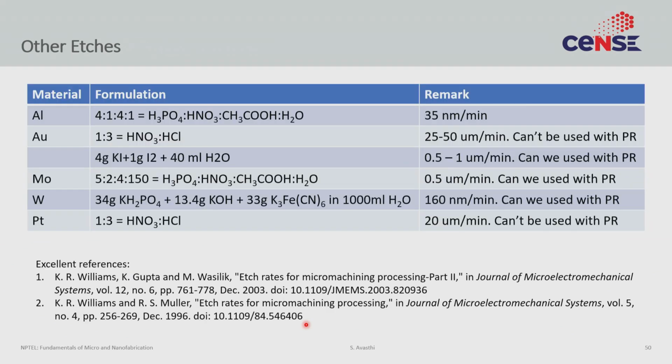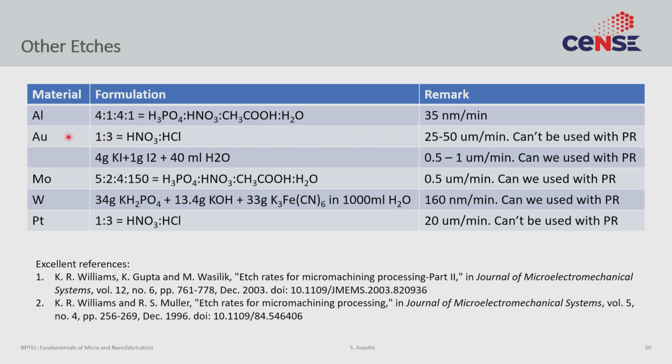Finally, some metal etches. So this is another very important part. Wet etches are often used to etch metals. By and large, you are just using either an oxidant or an acid to etch a metal. So for example, for aluminum, the common etchant is phosphoric acid and HNO3, and it etches at around 100 to 150 nanometers a minute.